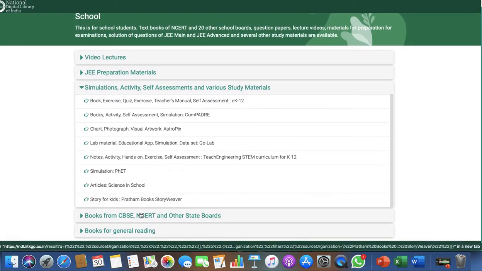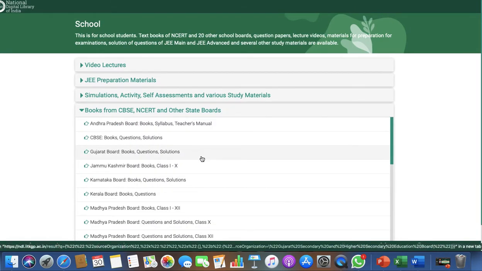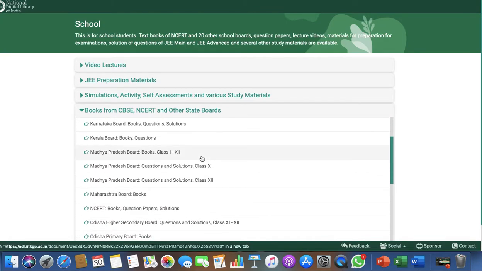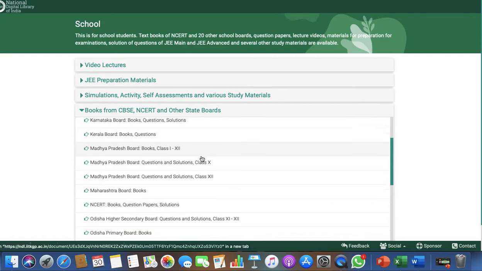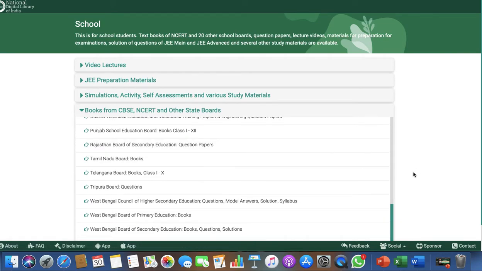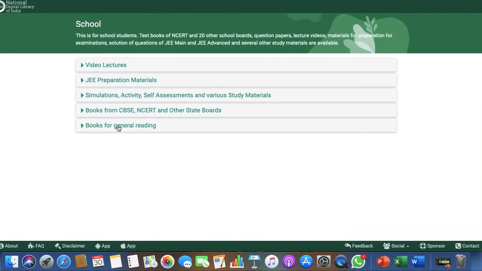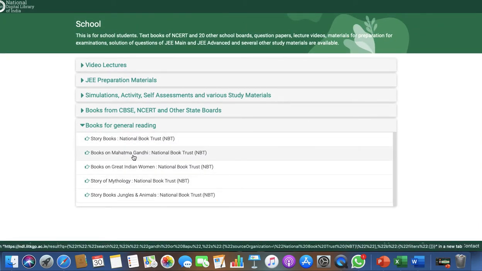As most of us are searching for books for the preparation of our higher education, like masters of arts, or you are preparing for competitive exams like IES or PCS, you can also go through this. CBSE, NCERT and other state board books are available. You can download them here by directly clicking. There are also a few books for general reading which you can download. This will help you get more data about your school level, or if you are studying under 12th, all those contents.